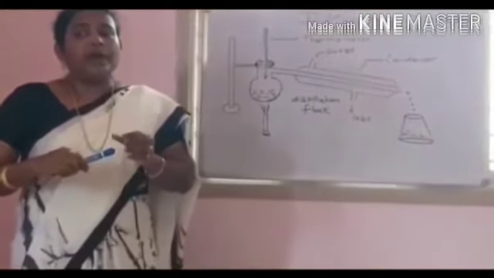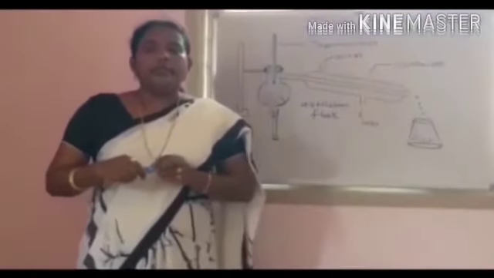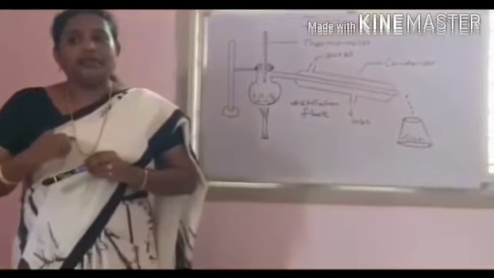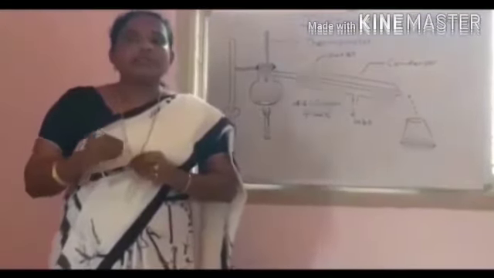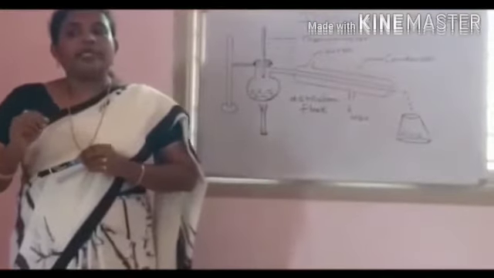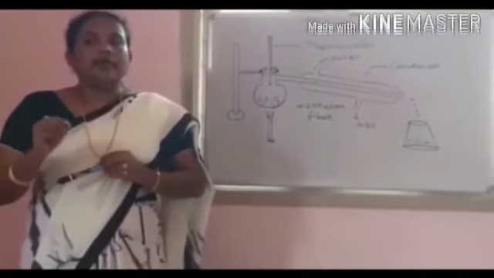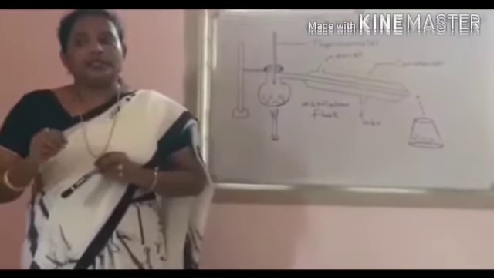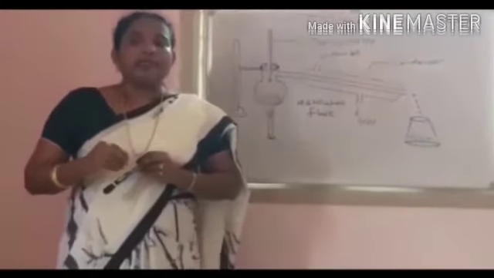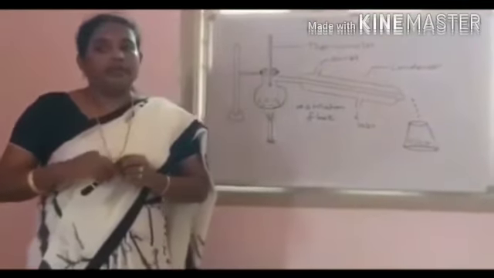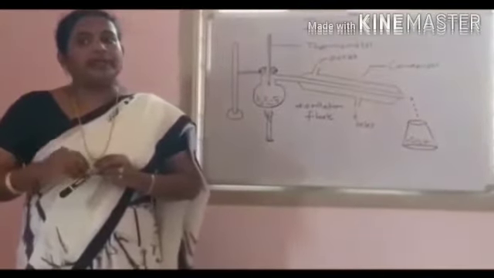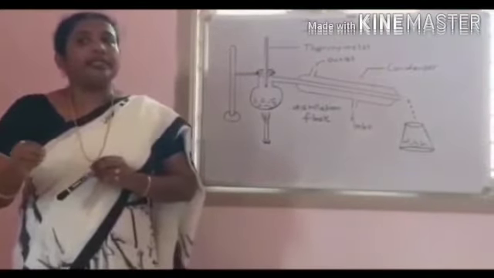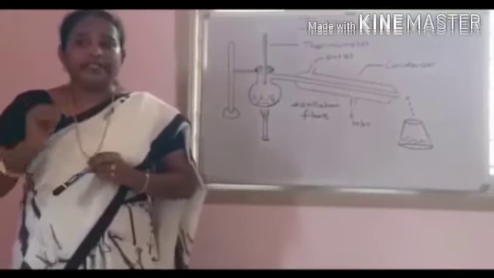Now we discuss distillation technique. Some important types of distillation include simple distillation, fractional distillation, steam distillation, vacuum distillation, air sensitive vacuum distillation, short path distillation, zone distillation. Now we discuss the simple distillation method. Simple distillation method is only employed to separate liquids having a boiling point difference larger than 25 degrees Celsius.